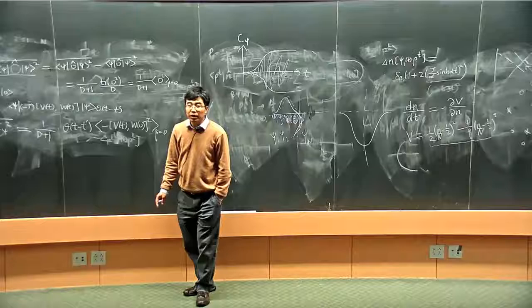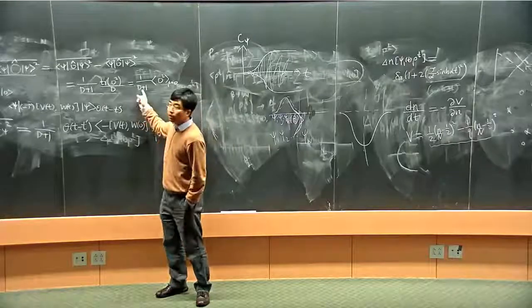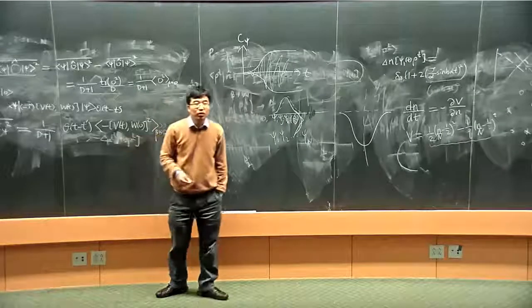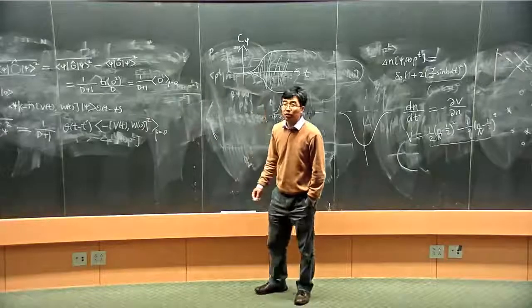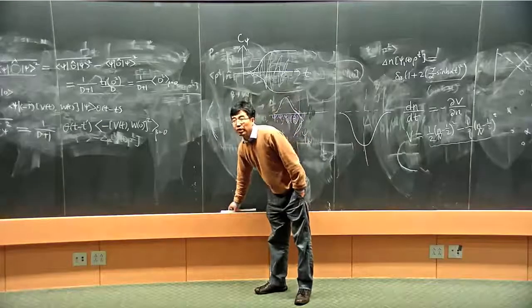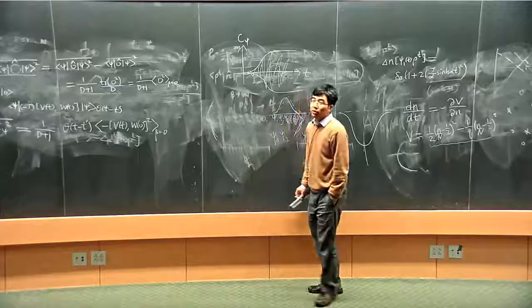for a system that's not too big, because this factor, the d, is the Hilbert space dimension. So it's something exponentially small. So you probably cannot see it in many-body systems. But if you have like 10 qubits or 12 or 20 qubits, it's still possible.